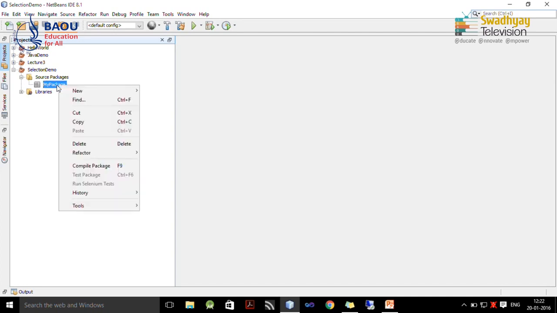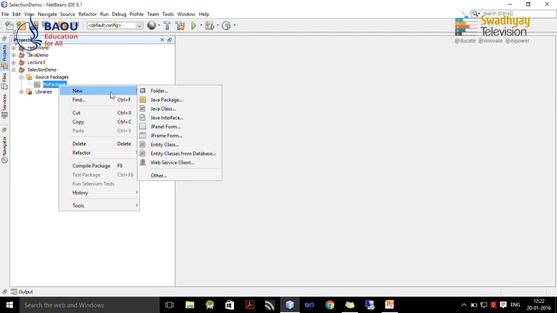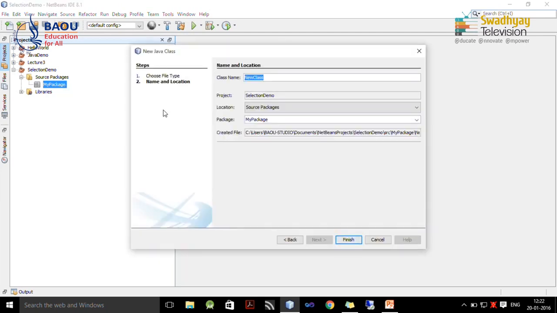We are going to write down our classes inside this package. Now, right click on this my package and then new, and we write down our first program by selecting Java class. So, you can give appropriate name to your class. For example, our program is for finding maximum of 3 numbers. So, I write down class name as max of 3, and our package name is my package, and then I have to press finish.